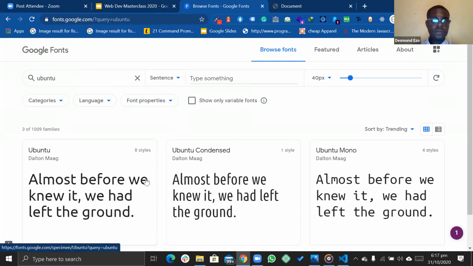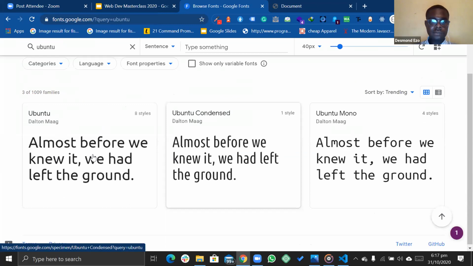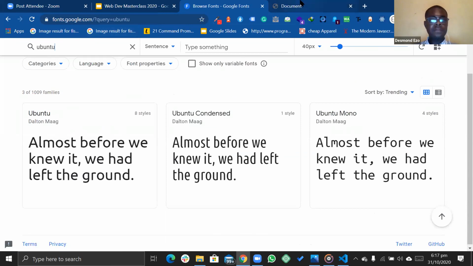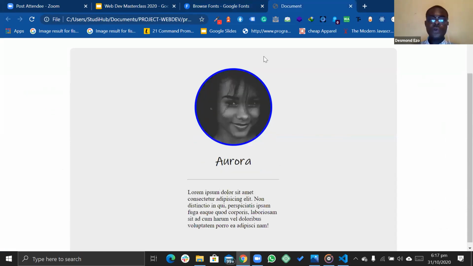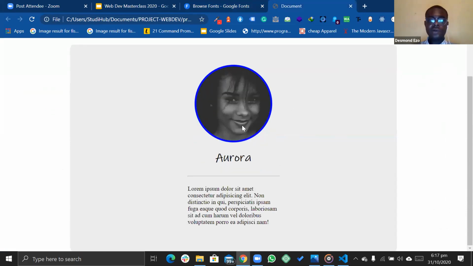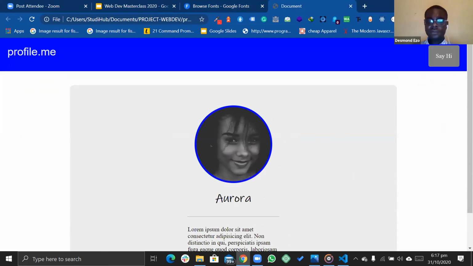Yes, look at it here. So this is the font. It's called Ubuntu. There are different kinds of font. There's condensed, there's Ubuntu Mono, there's Ubuntu. So you can download the fonts and use it in your website or your web application. But for now, we're just going to use the default font that's available on the browser. This one, fortunately for us, was available. So we're going to correct the color here and correct the color here, and I think we are done.